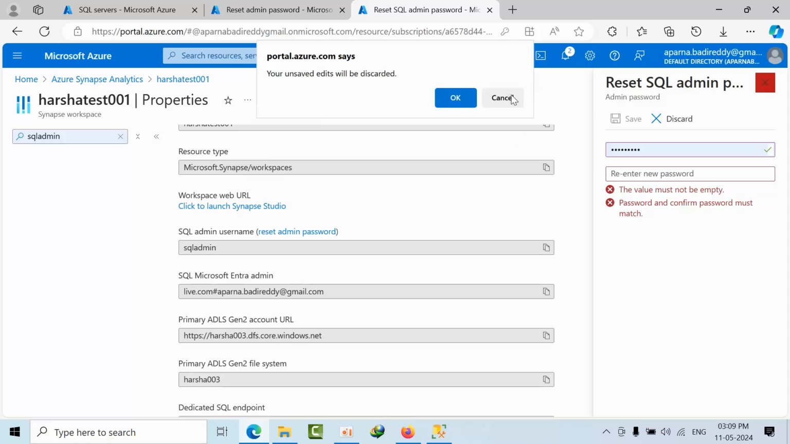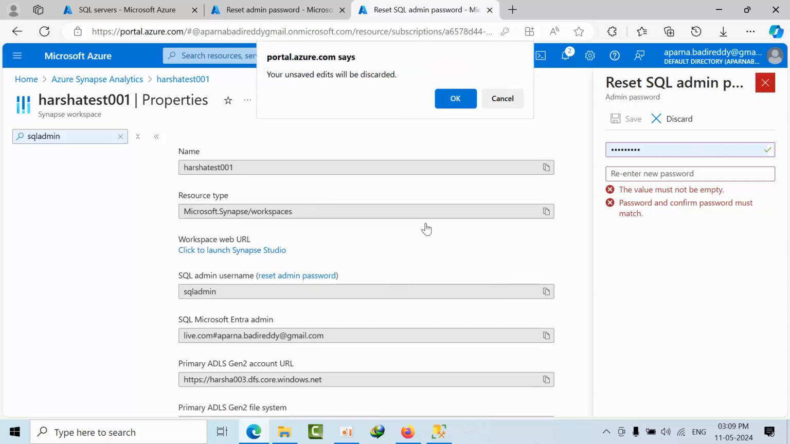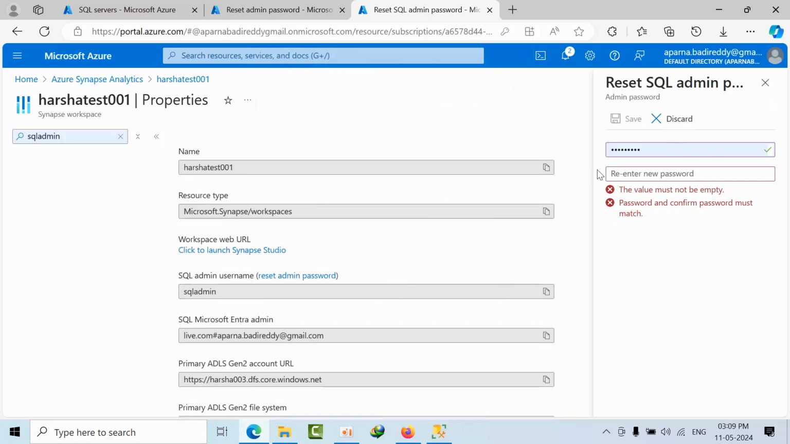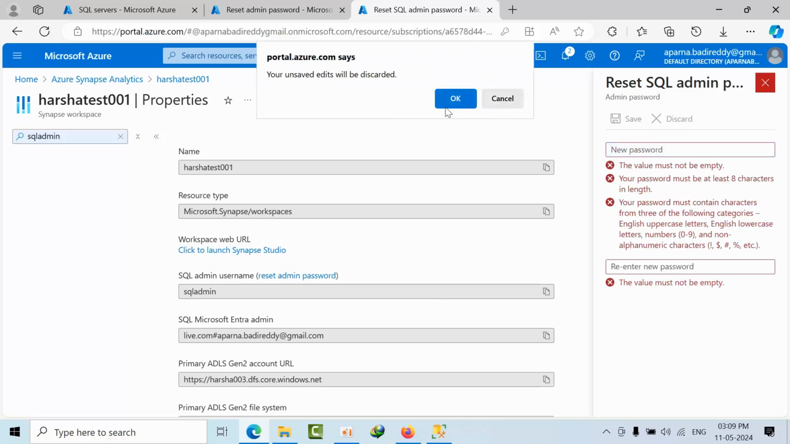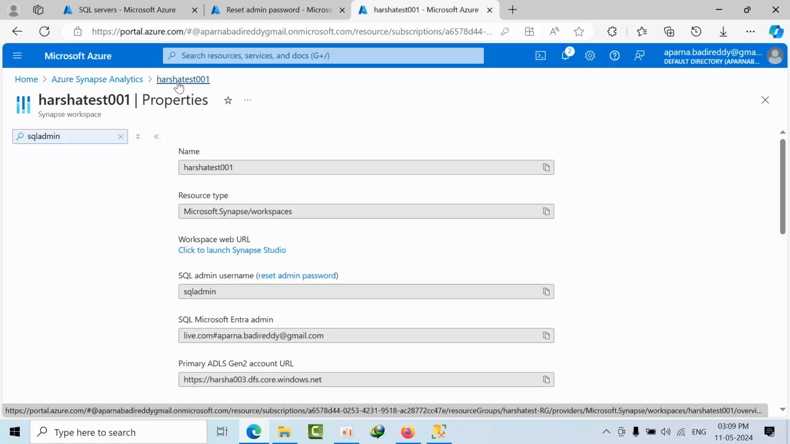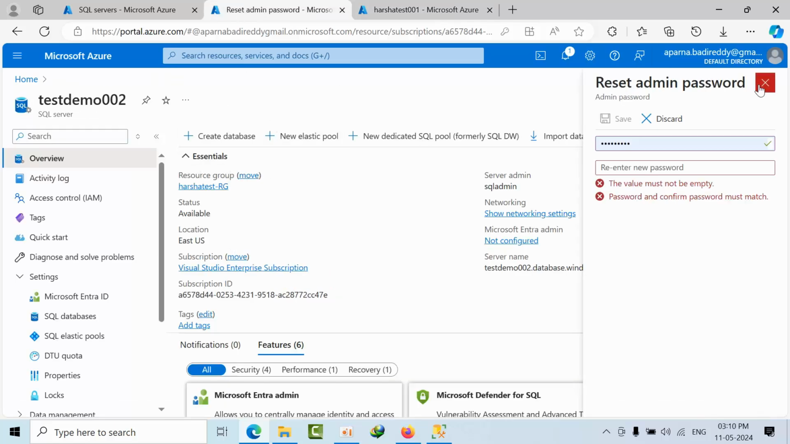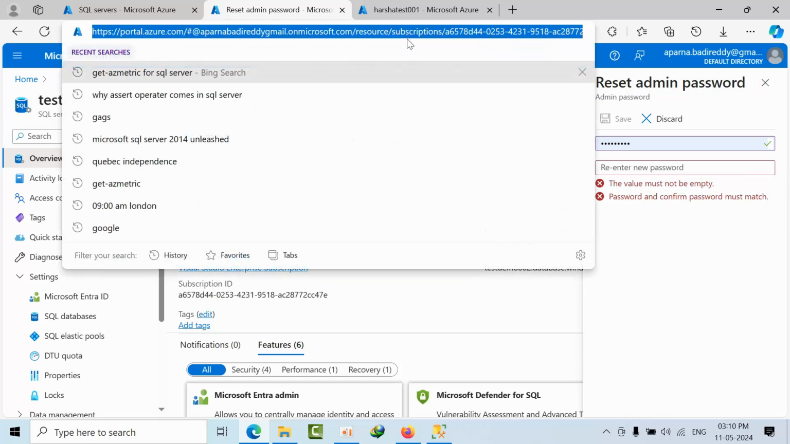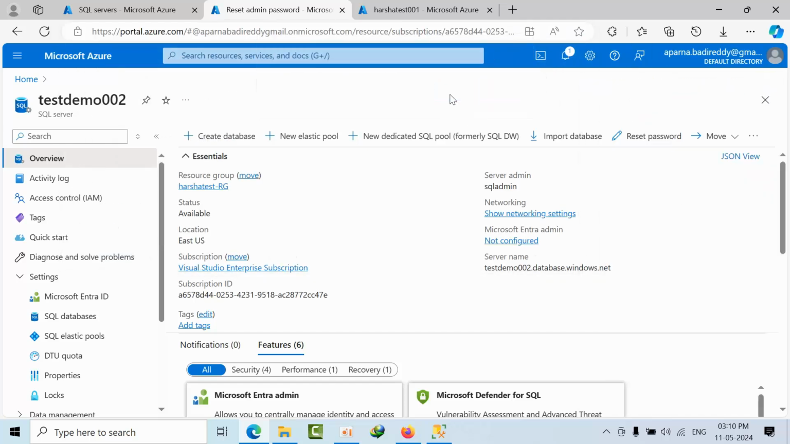For example, if you have selected only one authentication, then it could be a problem. That's the reason I always recommend selecting both authentications, and whichever you want to use, you can use that one. So this is the difference, and one more thing I want to observe is